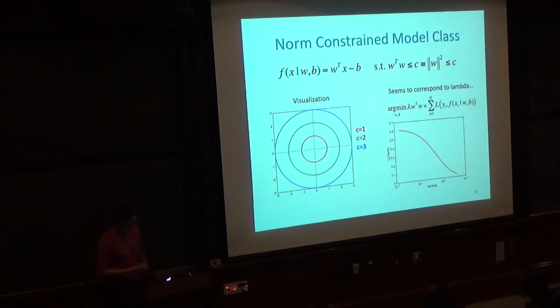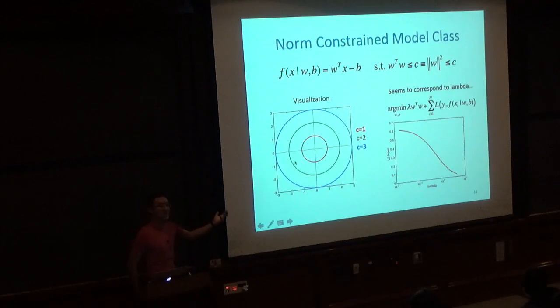Okay. So there seems to be a correspondence between this objective function that we're optimizing and this more straightforward model class interpretation that is consistent with the notion of model classes that we've been talking about in class so far. Now does anyone see a connection? Someone must be brave.